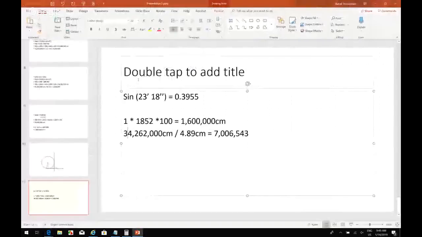Oh, 42 millimeters, so it's going to be 0.44 centimeters. So I have to say 1,600,000 times 0.44 equals, okay, let's try that. 1,600,000 times 0.44 is 704,000